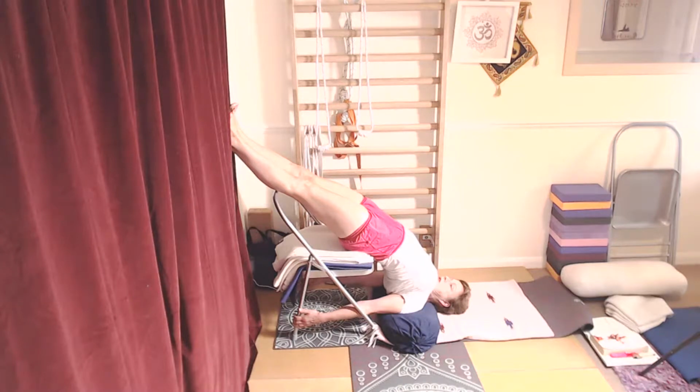If you get tired, don't just come down, but see, okay, what happens if I re-energize my shoulders? What happens if I put a little bit more effort into lifting my back chest? Can I get another few seconds of energized pose rather than just giving up? Sometimes we do get very tired and we just have to come out, but you have to know the difference